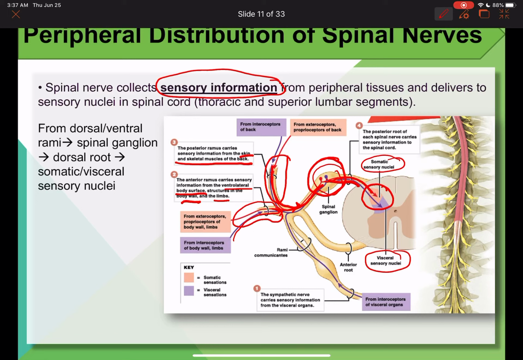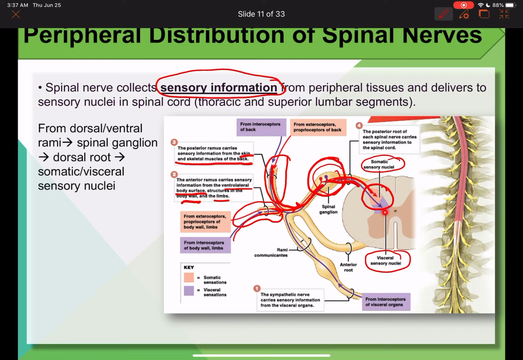So sensory information coming from skin or skeletal muscles of your back will travel through the posterior rami into the spinal ganglion, into the posterior root, through the posterior horn of the gray matter into either somatic or visceral sensory nuclei, depending on what it is coming from. Or if you have sensory information coming from the front part of your body or limbs, then it will travel through anterior rami into the spinal ganglion towards a posterior root, posterior horn, and